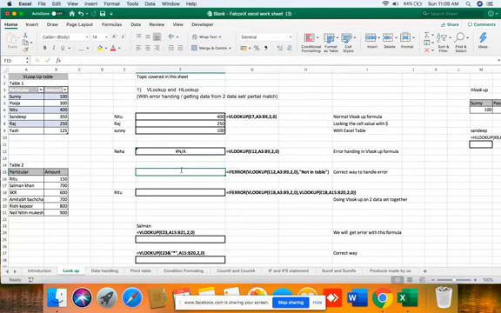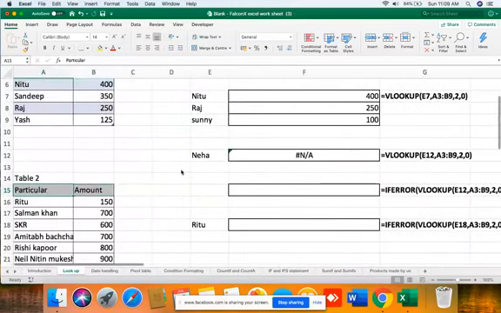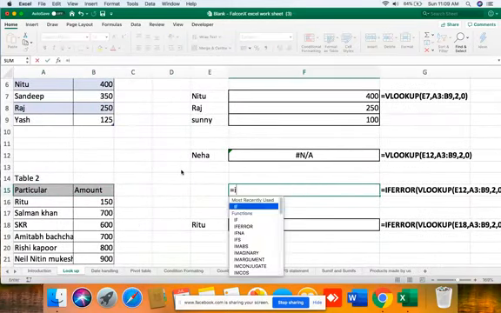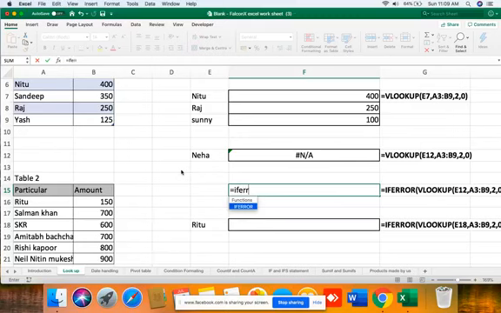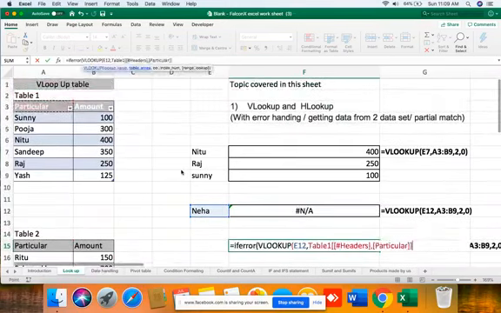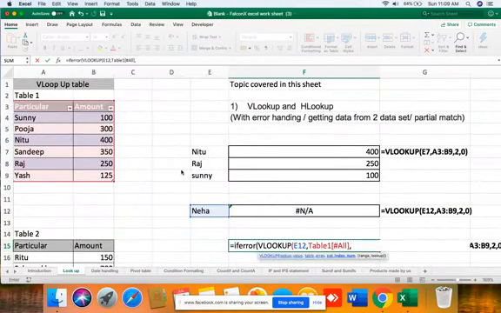So IFERROR, value, VLOOKUP, second table, 0, 'not in table' as the value if error, enter.